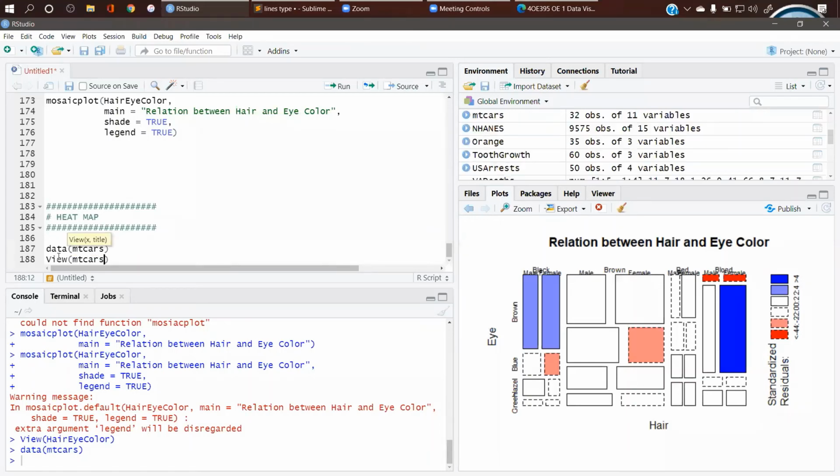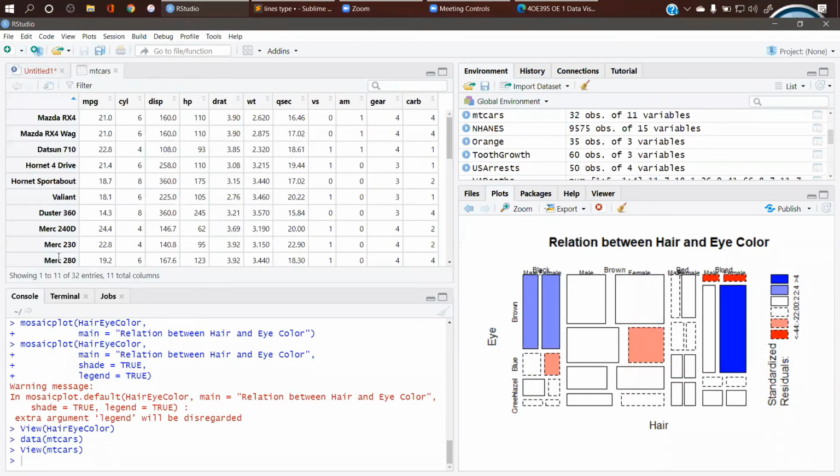If you're not aware, you can use View(mtcars), and these are the columns, these are the car models, and with respect to these car models we have some features of those cars. That is miles per gallon, number of cylinders, displacement, horsepower, drat, weight, right? VS, and I think AM is automatic and manual gear, right? These are some of the features of this data set.